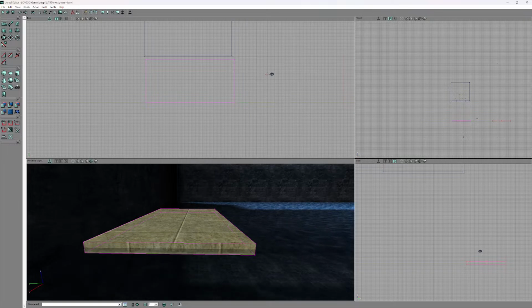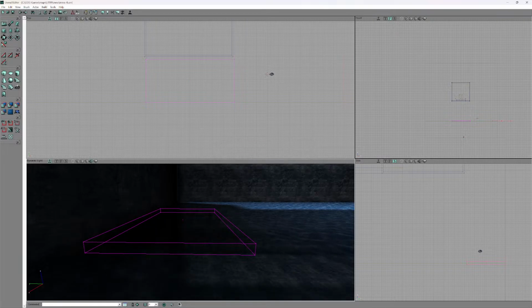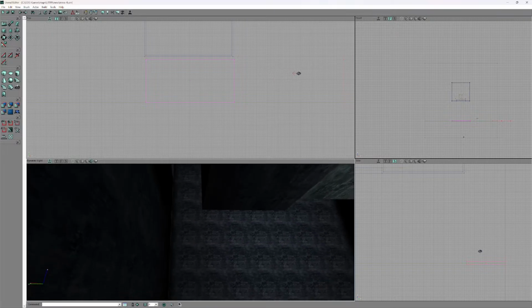Now, what you have to do is rebuild the level after you do this, every time you do this. So don't worry, I know it just disappeared, but after you hit build all and you show the polys, it'll show up as a physical object. Okay, so how movers work,